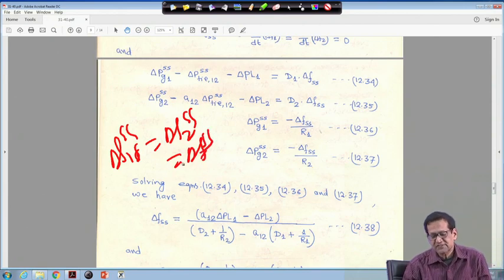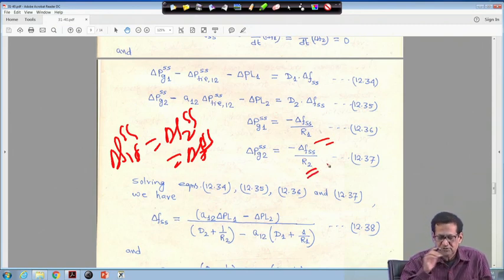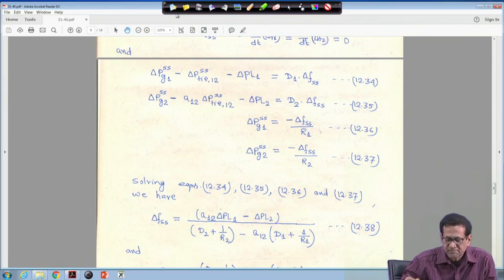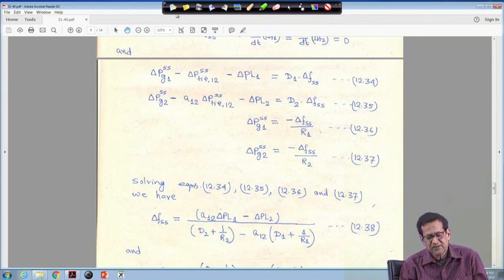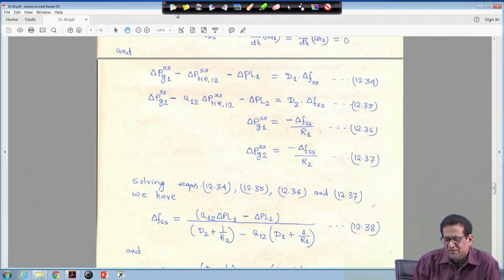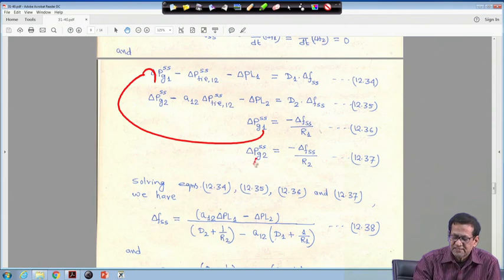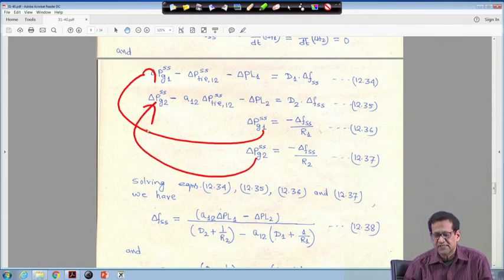So, that is why you have written minus delta F SS upon R1 and this is minus delta F SS upon R2. So, now if you solve this equation for delta F SS and your delta P tie 1 to SS, put this one here and this one here and solve it,